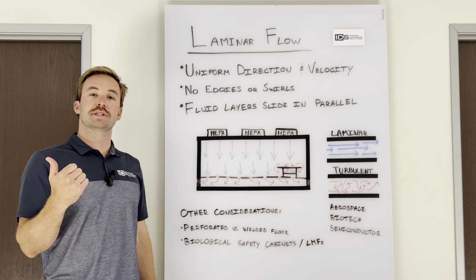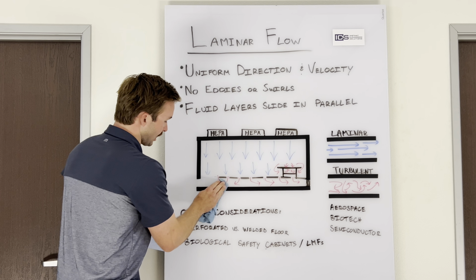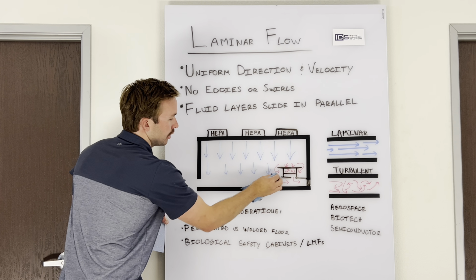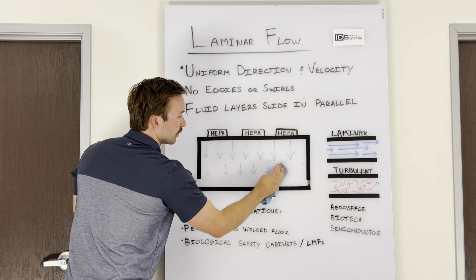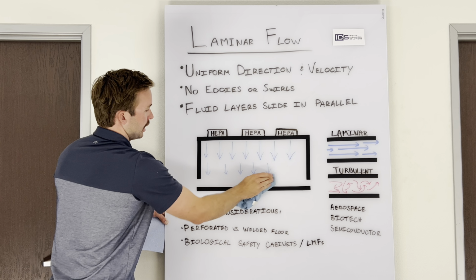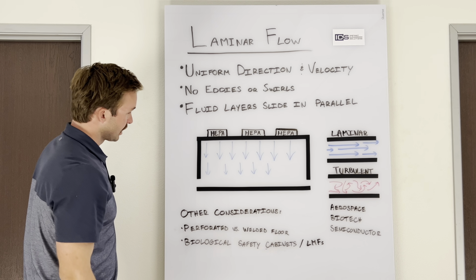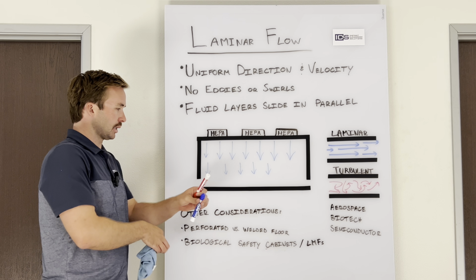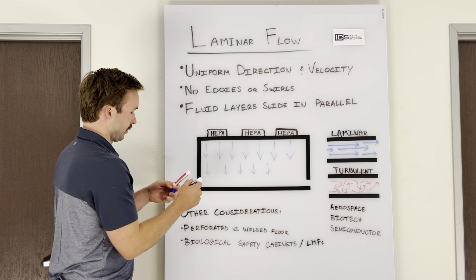So in the event that you're not doing a true laminar flow, and you're going to get rid of the perforation on the floor and put in a welded vinyl floor, then we can take a look right here. And here's a low wall return that was just added in. We'll get rid of this over here. So there's a low wall return. Here's another one. And so now, with this, the airflow has the ability to exhaust and leave the room via